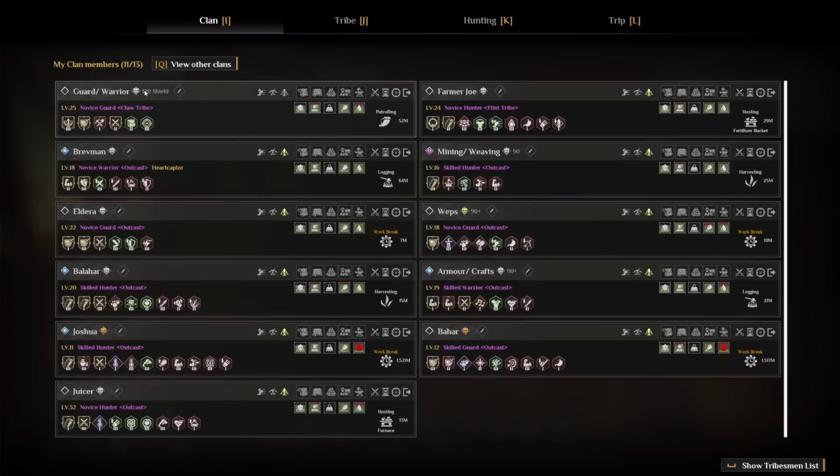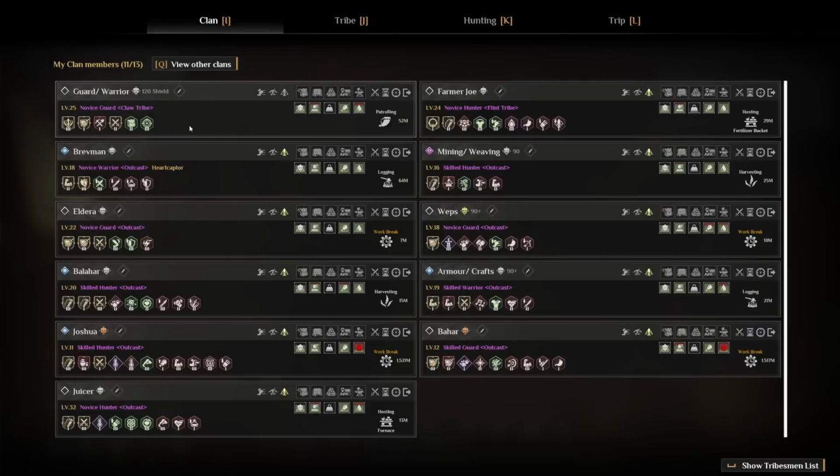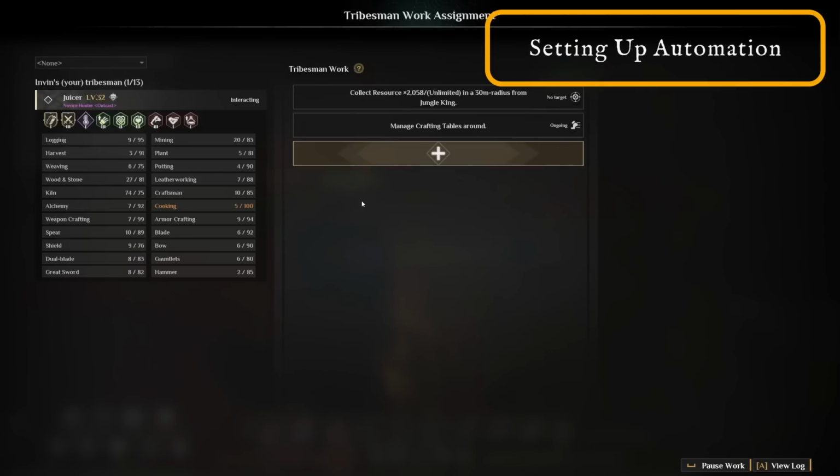And then you can also see there that I've put 120 shield, so you can set a status for them. So you can put the name, and then you can put a status, and that will appear alongside it, so you can make notes on your characters. Alright, so once you've determined what you want them to do, and you've given them a name, or whatever you want to do with that,